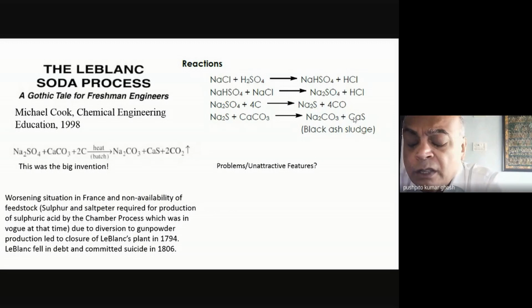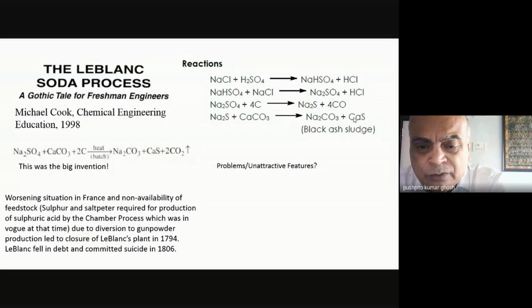I'm sure Leblanc, like Alfred Nobel, although they did some great things, were both probably cursed for having ruined the lives of many people. And Leblanc also introduced probably the worst pollution through his process, but he developed a great product, the Leblanc process, which lasted for almost 100 years